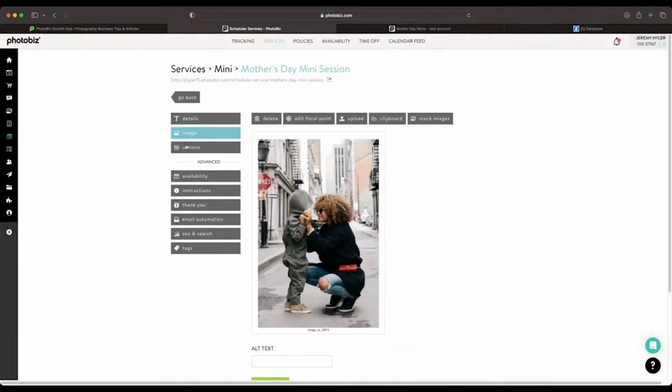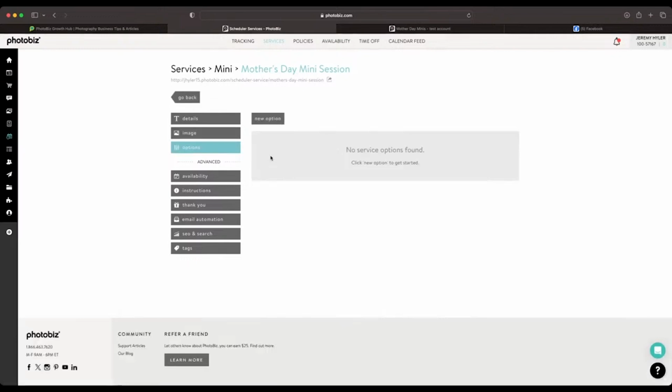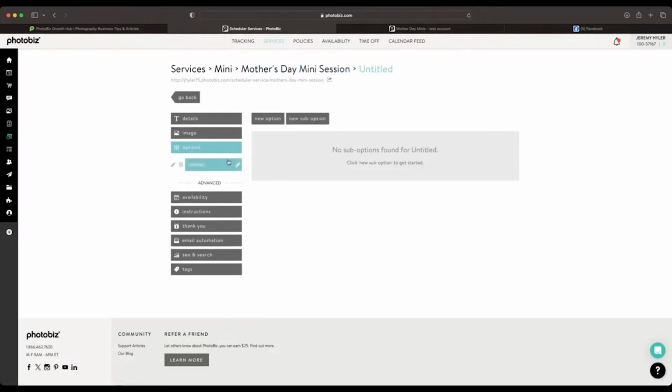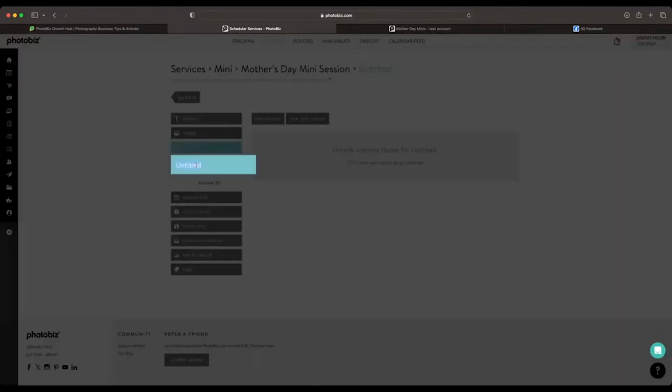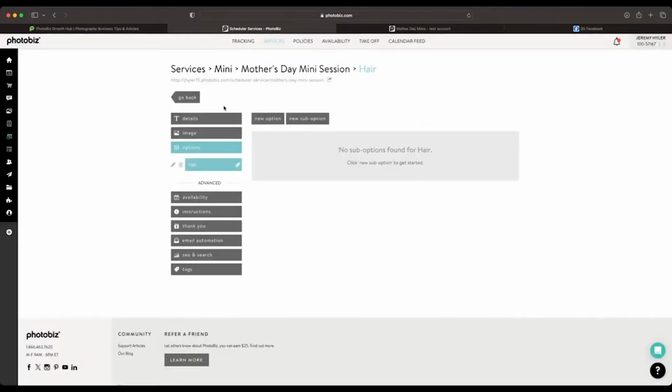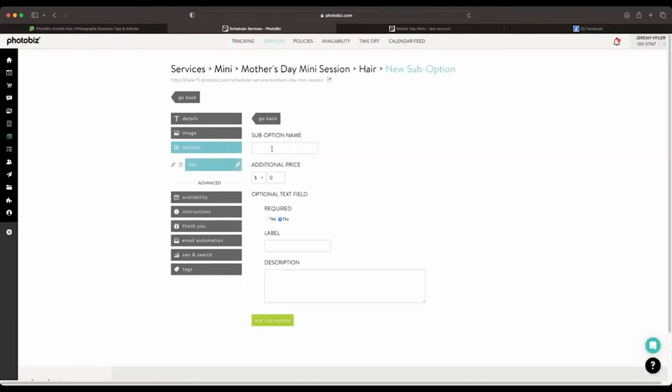If you need to add add-ons, and what can be add-ons? Well, it could be hair, makeup, wardrobe, anything like that. You can add that directly here. You just create a new option. Maybe we'll just put extra time or something like that. So we'll put hair. Maybe you got someone doing hair and makeup. You can add this as an option here. You can then add that new sub option,